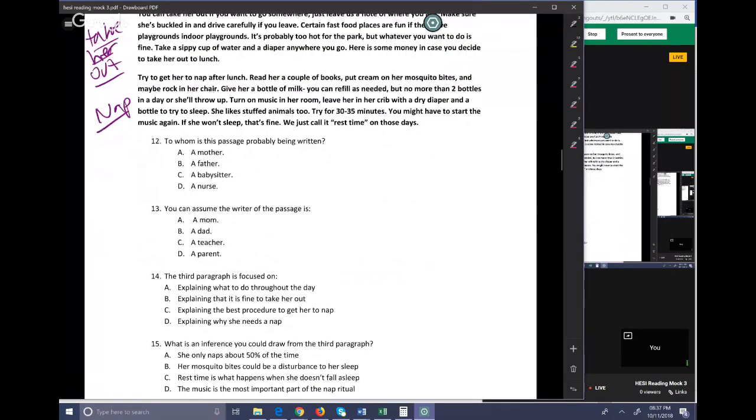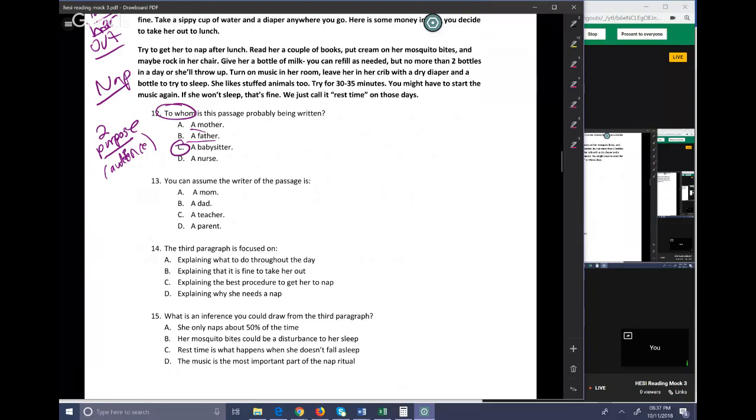Number 12 is from reading 2 because it has to do with purpose. Remember that purpose involves audience. So when you go to think, like you should with every passage as soon as you're done reading it, when you go to think about the purpose, you're kind of also thinking about who was this written to. This was written probably to a babysitter. We wouldn't say a nurse because it doesn't have anything that's really about health or taking care of a certain thing. And then it's saying to whom as opposed to for whom. So a mother or a father would more so be probably who wrote it.